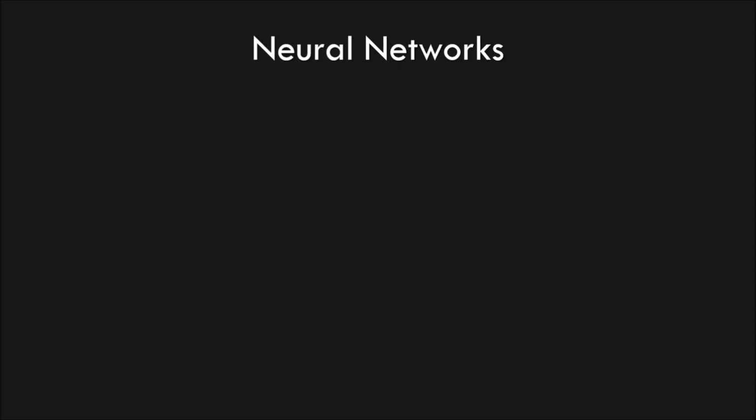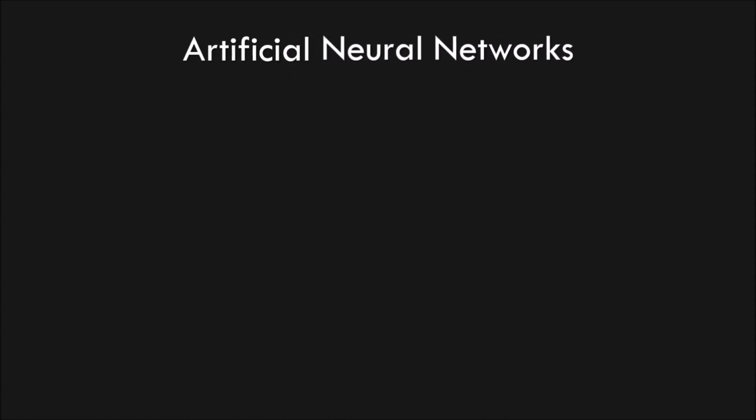Firstly, what are neural networks? Or more specifically, artificial neural networks? Put simply, they're machine learning models that take inspiration from the human brain to solve problems that are easy for humans but conventionally hard for computers. These models can come in many different shapes and sizes, called architectures, with the one used in this project being